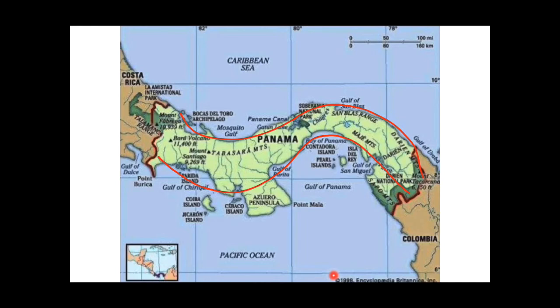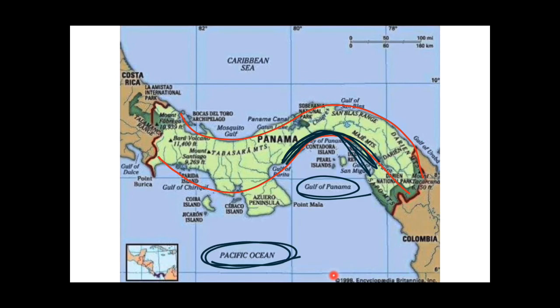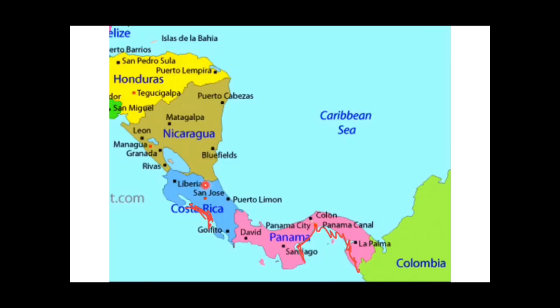And you can see over here this Gulf. The name of this Gulf is Gulf of Panama. And this Gulf of Panama is a part of the Pacific Ocean. Just remember this in your mind. Gulf of Panama lies between Panama and South America. In this map also you can see that this is Panama, and this Gulf you are seeing is the Gulf of Panama.